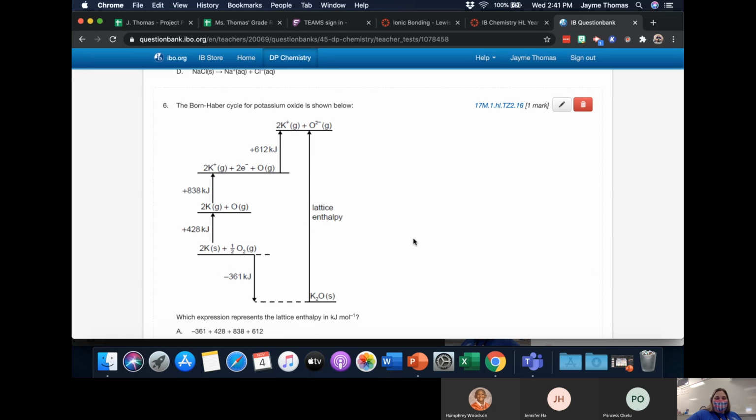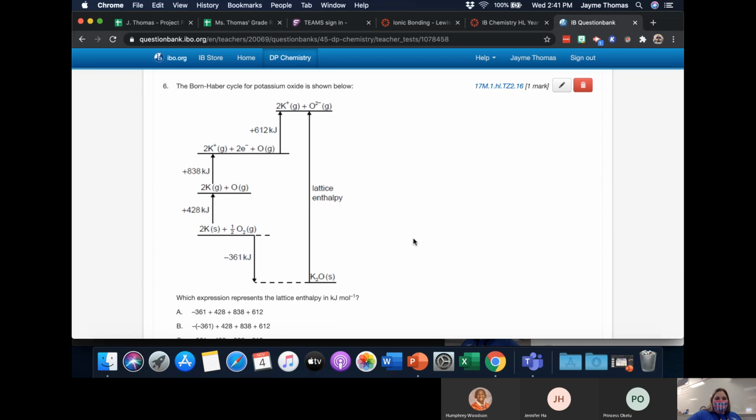All right, number 6, the Born-Haber cycle for potassium oxide is shown below. What expression represents the lattice enthalpy in kilojoules per mole? So this is what we were looking at last time, where you start off with 2K that's solid and half of an oxygen that's gaseous, and when it goes down and produces the product, that's the enthalpy of formation. Okay, because we're forming 1 mole of this ionic compound from the standard elements, the elements in